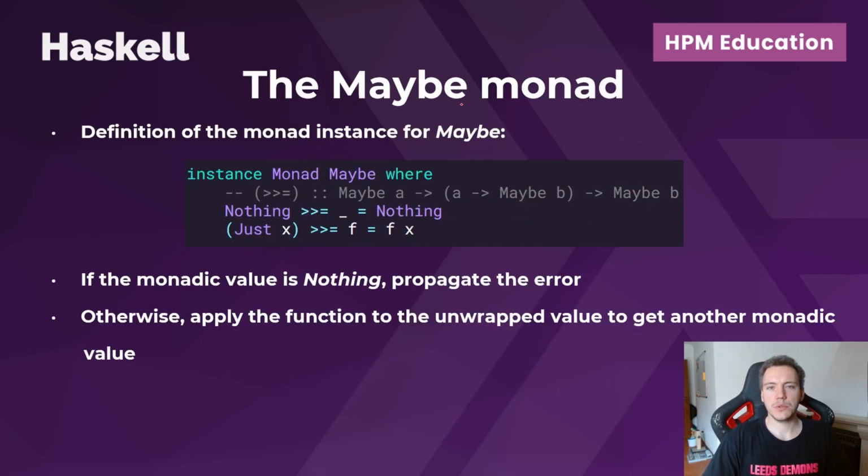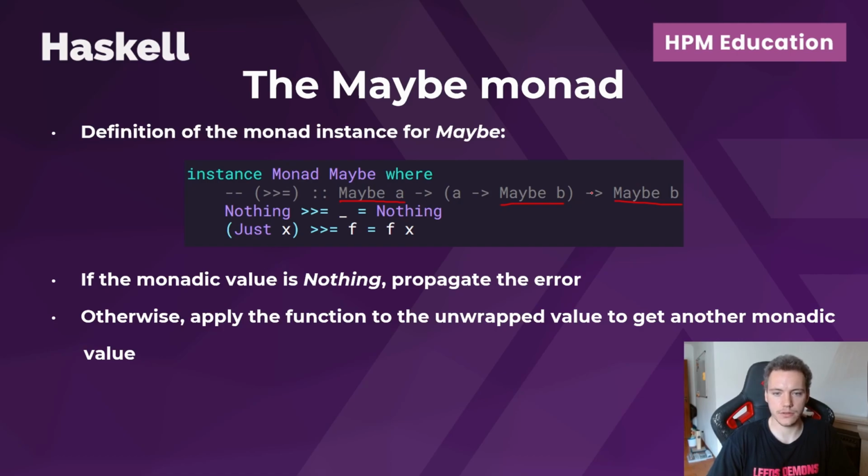Now let's take a look at the maybe monad, or in other words, how the instance for the monad type class is defined for the maybe type, which is defined by default. So we need to, most importantly, define the bind operator for the type when we define an instance for the monad type class. And so the type signature, based on what we saw on the previous slide, for the maybe type, is going to be maybe A, then a function that operates on A and returns a maybe B, and finally the result is going to be a maybe B,